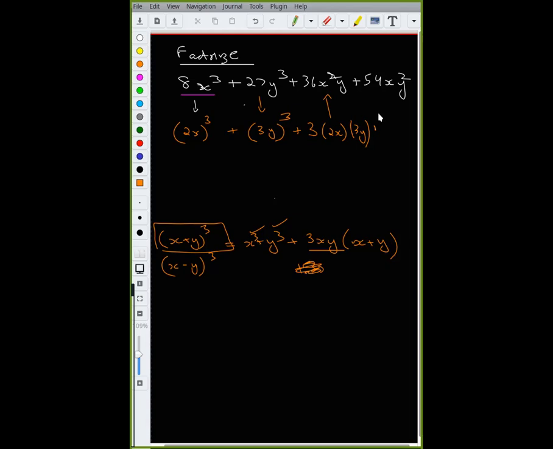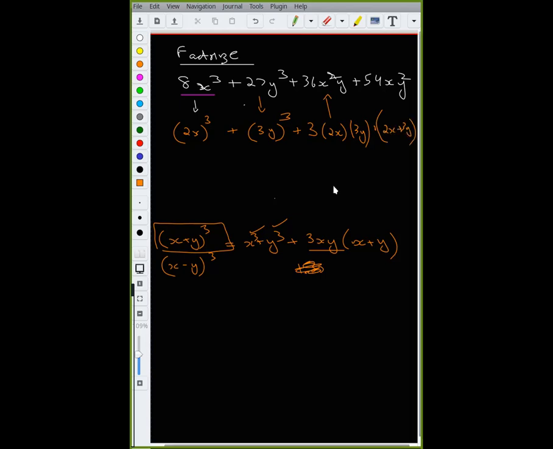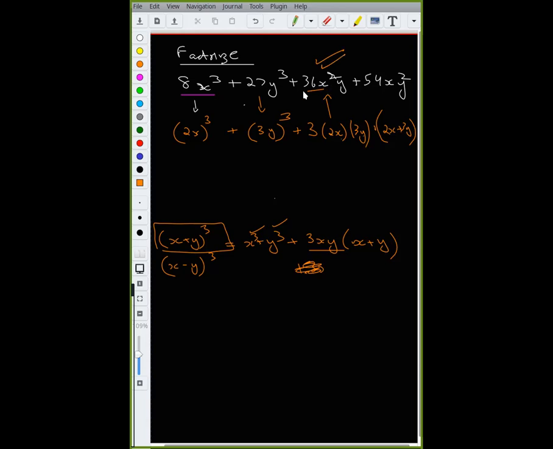So now we want 3 times 2x times (2x plus 3y). So now this works out to be 3 into 2 is 6, 6 into 3 is 18, 18 into 2 is 36. So I get 36 into x into y, which will give us x squared y. So this first term works out. And this last term also: 3 into 2 is 6, 6 into 3 is 18, 18 into 3 is 54. And we get an x, y, y, so that's xy squared.